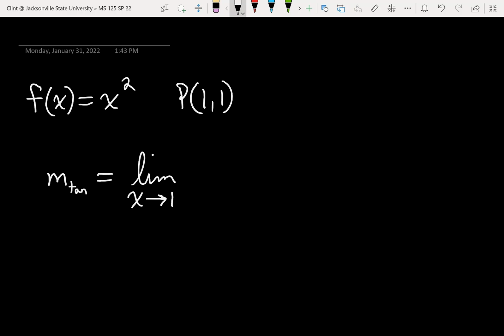That was a in our formula, as x approaches a. So then we need the difference of the y values. So we'll have f of 1 minus 1, that's the y value on our curve, that's what we'll get when we plug in 1 there,